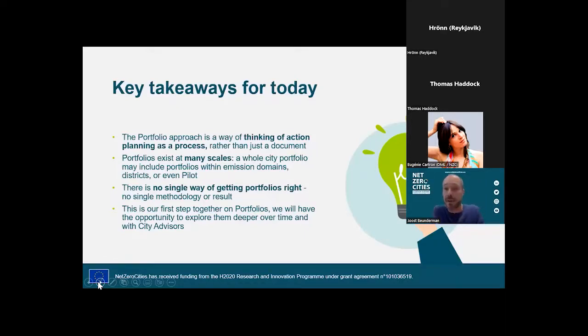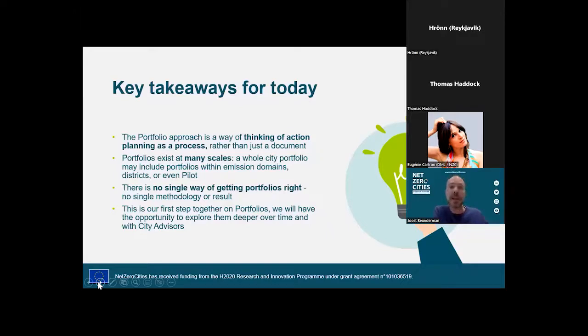that need to be connected in order to ensure that different actions that a city might take are indeed synergistic, work together well, unlock and overcome barriers, aren't just about the direct and visible interventions in a city. Tram lines, bicycle paths, photovoltaics, but also about the enabling factors, governance, regulations, etc. And to ensure that we move forward in a coherent way where these enabling factors and the visible actions support each other. What we want to do today is set a first step together on understanding how to use them